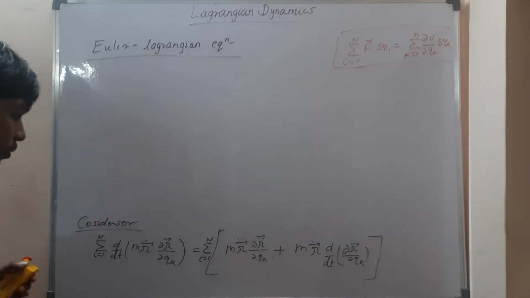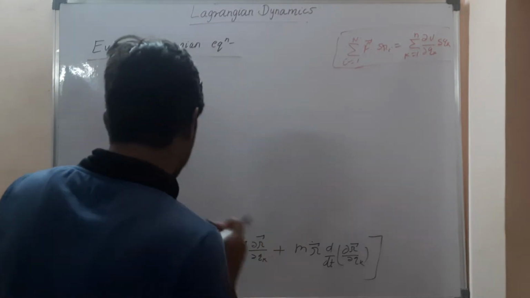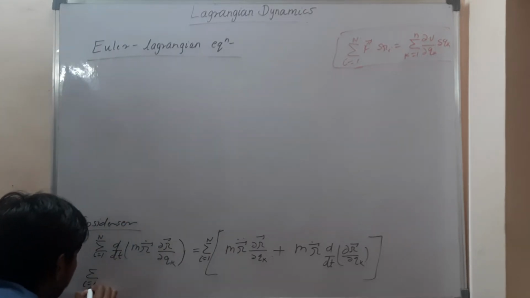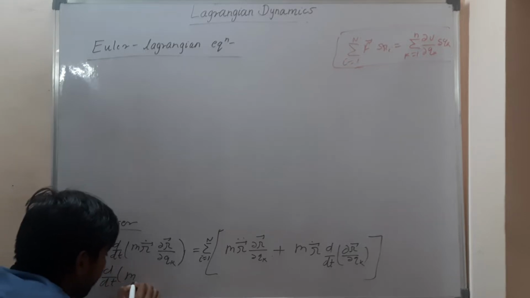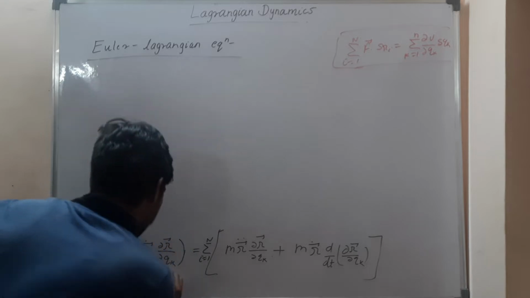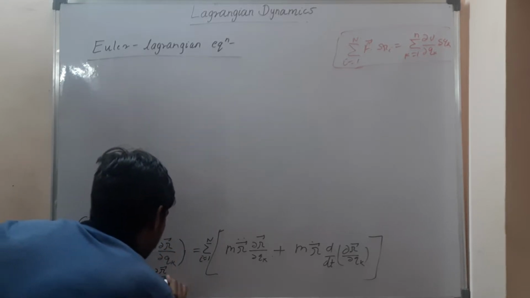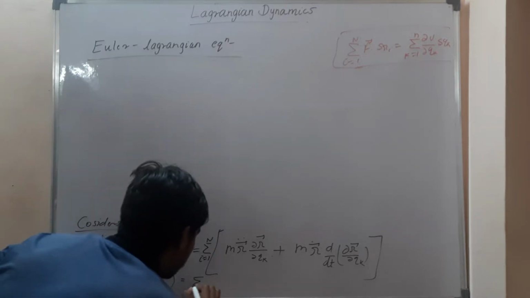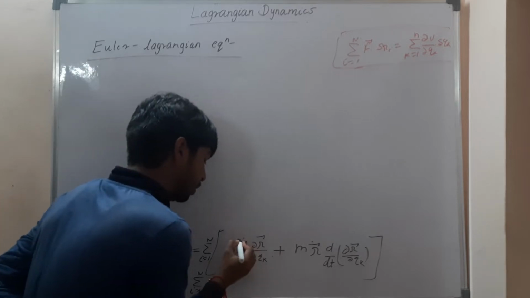This term. So if you observe one thing, let me take one more step. I will do the derivation. Sum over i equal to 1 to capital N, d by dt of r dot, and then it will be equal to, with ∂r/∂qk, we will get sigma i equal to 1 to capital N, and this term